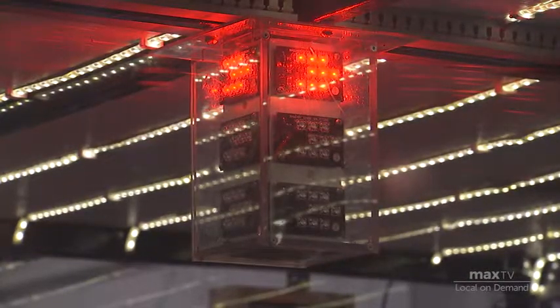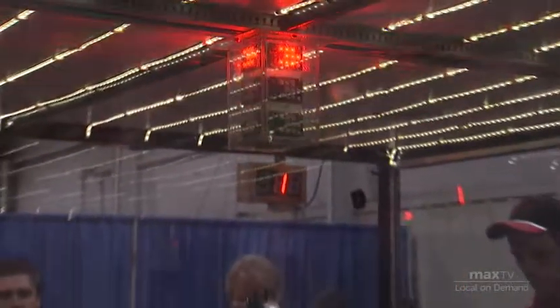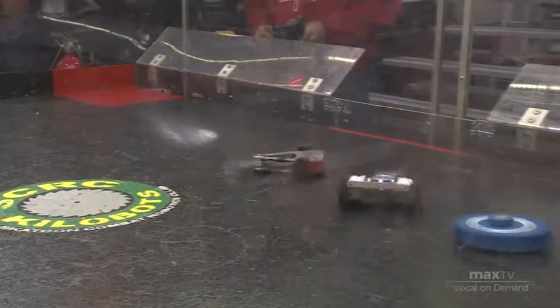Both of the drivers are ready, the judges are ready. We're going to start in 3, 2, 1, fight. Absurditi getting up to speed there. Takes just a moment for that weapon to start up, but once it does, it's fast and gets into the front of Chomper. Chunks of plastic coming off of the side body already. Bright white sparks coming off of the titanium wedge on the front of Chomper as Absurditi's very heavy, sharp weapon